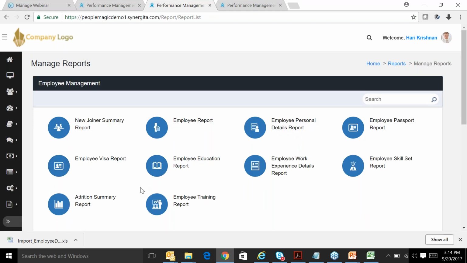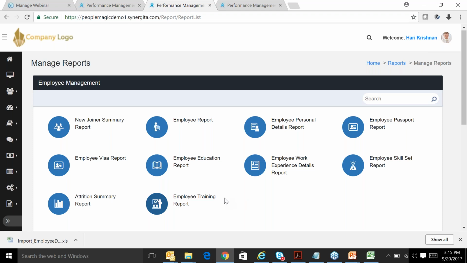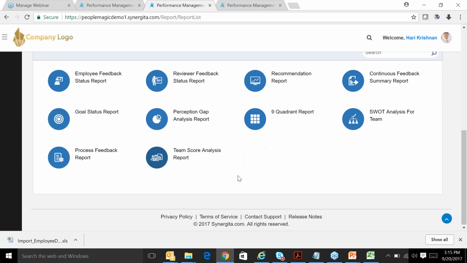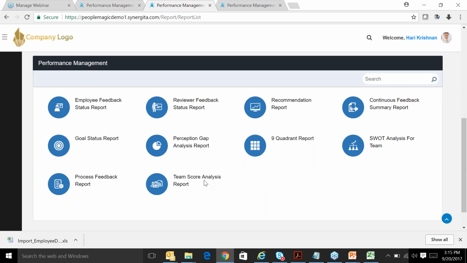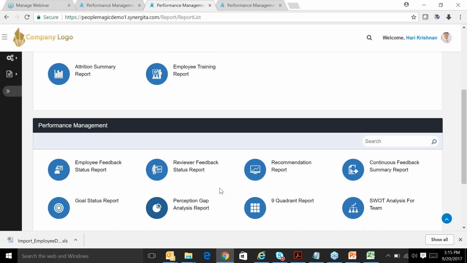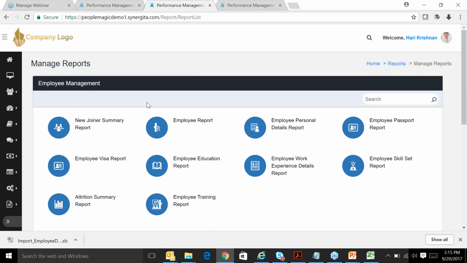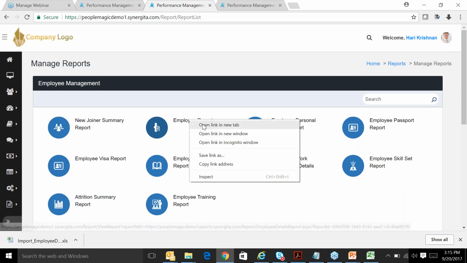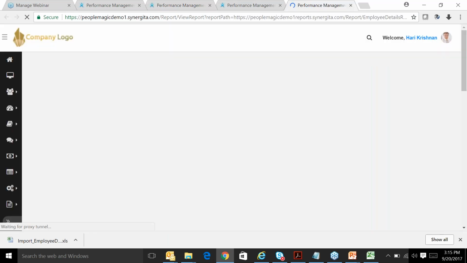Employee management is completely about the employee categories, their set of data and criteria. Performance is completely about the performance of the employee regarding their feedback, continuous feedback, the quadrant and their reports. First we'll show the employee management. The very important thing is the employee reports. I'll show you how to generate the report. When you click the employee report,